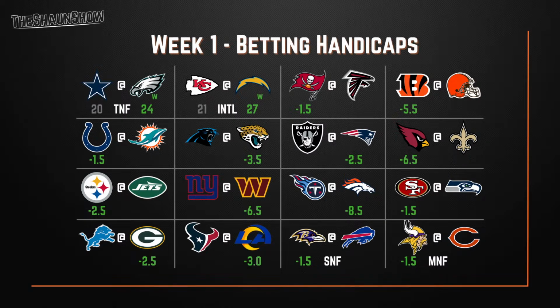Next, we've got the Bengals with 5.5 points over the Browns. Bengals are looking to get a bit hot this season. They did play some preseason games, so hopefully they're ready to roll. 5.5 points is a lot. I just don't think a divisional game from the AFC North can actually have a spread that large. So I'm going to go with the Browns here. I'll take them at plus 5.5.